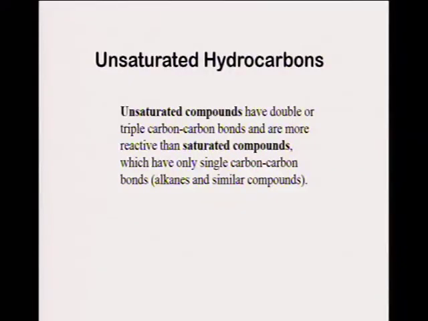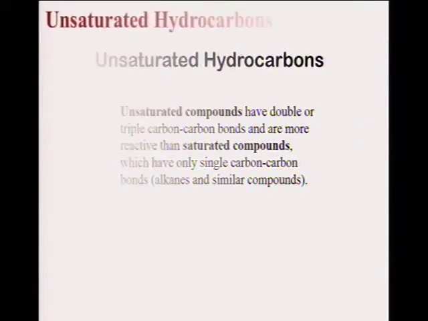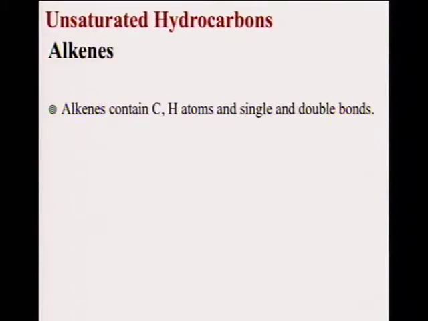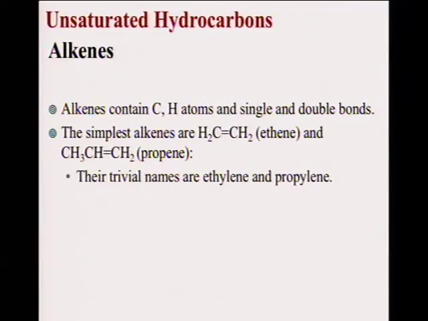Then we have unsaturated hydrocarbons. Unsaturated hydrocarbons have double or triple carbon-carbon bonds and are more reactive than saturated carbon compounds, which have only single carbon-carbon bonds like alkanes. Among the unsaturated hydrocarbons, we have alkenes, which contain carbon and hydrogen atoms and single and double bonds. The simplest alkenes are ethene and propene,